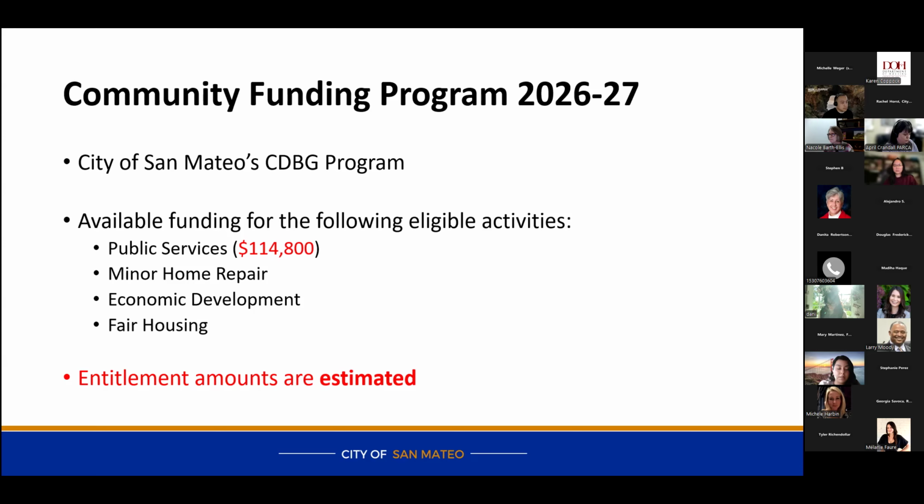We also are accepting applications for minor home repair at an estimated amount of $107,000, economic development for $80,000, and housing for $25,000. I do want to emphasize that the budget amounts are currently estimated, so we will establish confirmed amounts in the following months.